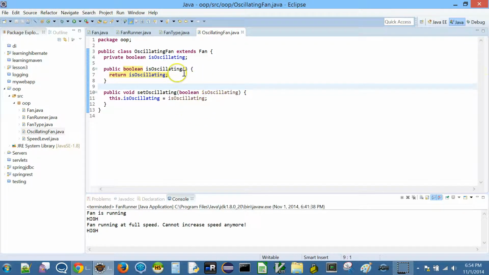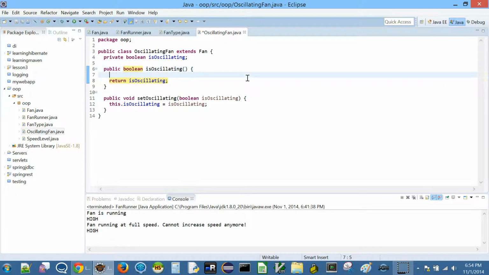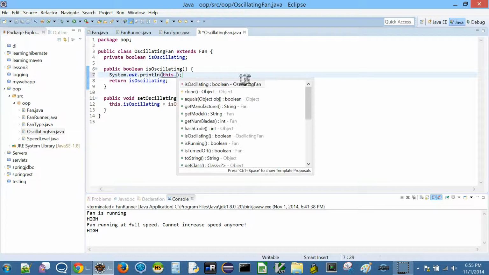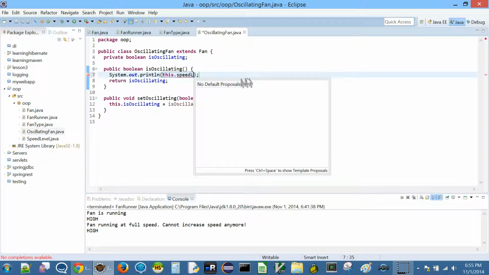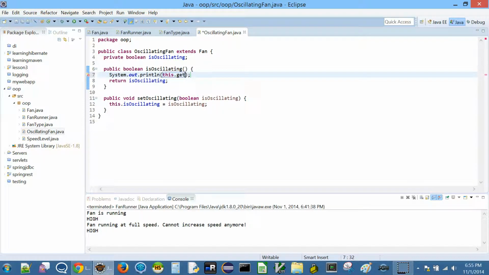Right, now can I access other fields that are in fan class inside here? Okay, so let's just try here if we can access anything else, like for example speed level. Can I access speed level here just for illustrating this? So can I say something like this dot speed level? Now I cannot, but can I do this dot get speed level?